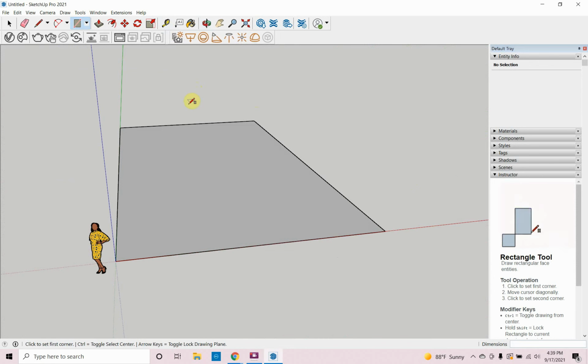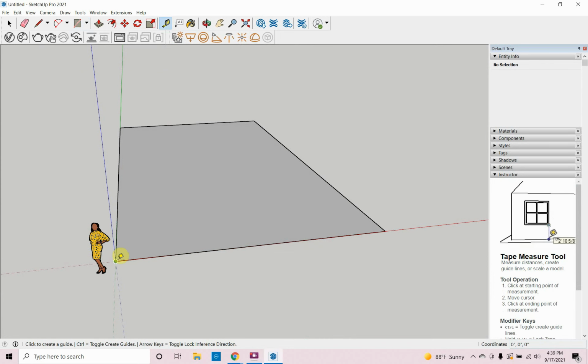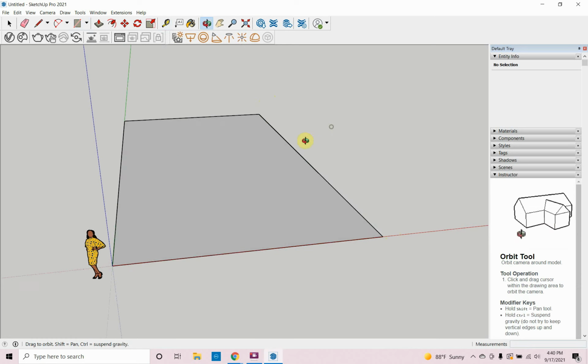And T is for tape measure. I can press T on the keyboard and I can measure that. So that's 30 feet. And this way is 60 feet. So it's important to measure what you're doing, making sure that you're always in the correct scale. Okay, so now